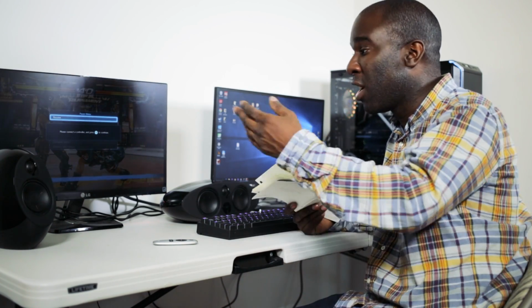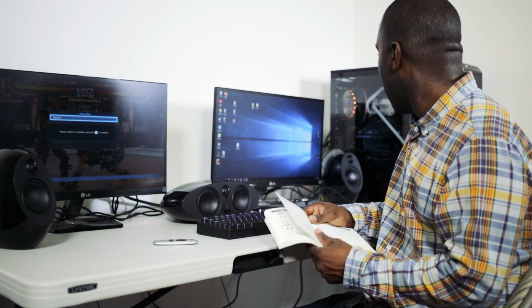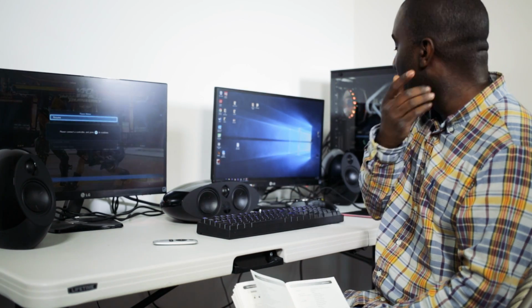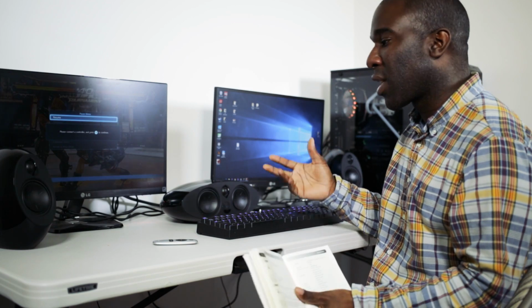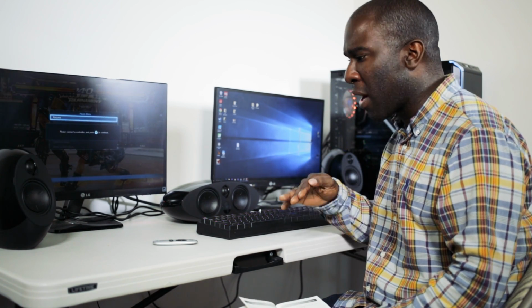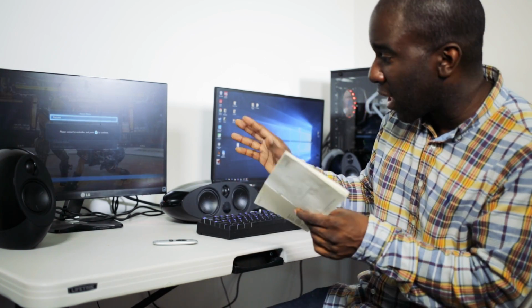Edifier asked us to do a gaming demonstration, so I've got the PC tower there, I've got Tekken 7, and then I'm playing Call of Duty as well, to see what it sounds like at the fullest volume. I'm also going to play at a lower volume to hear any interference or anything like that. But these are the E255s,